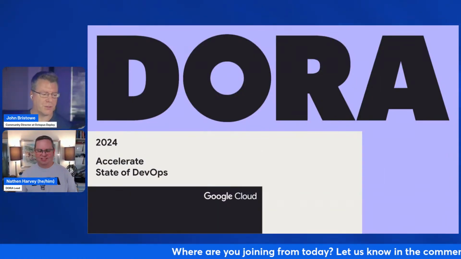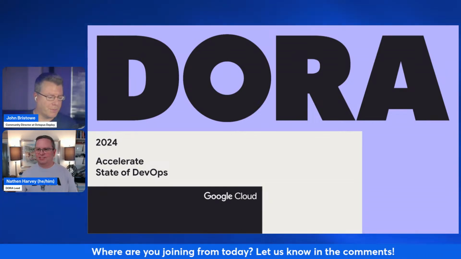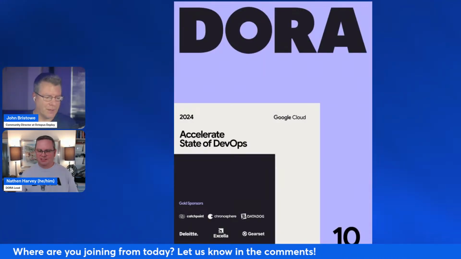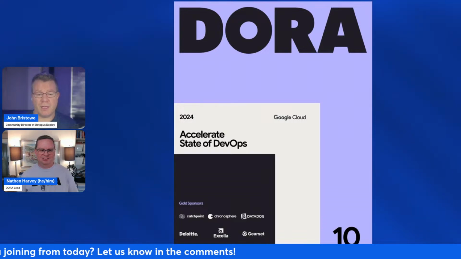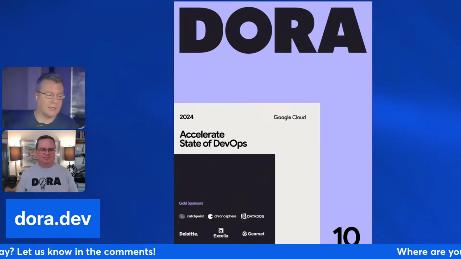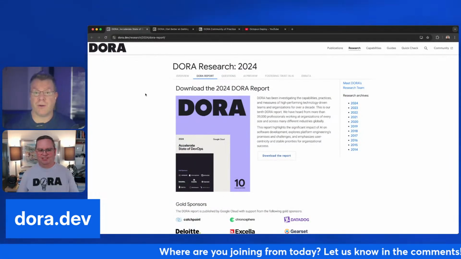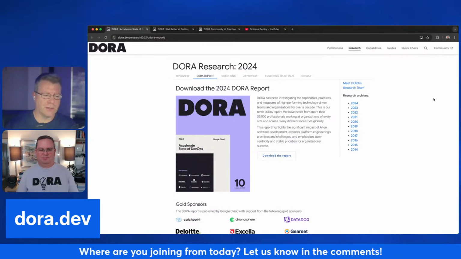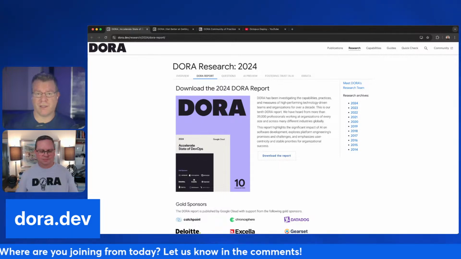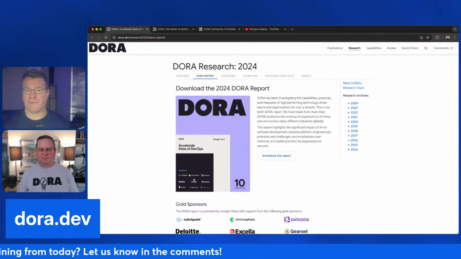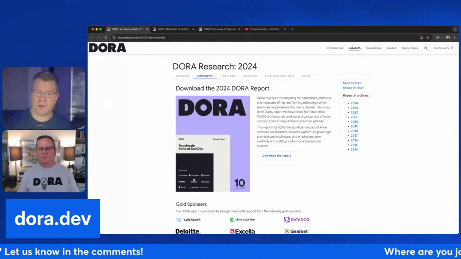We are here to discuss the DORA report. So for those folks who don't know, the DORA report is available as a PDF. You can find this over at dora.dev. In fact, let me just take a look at the site here. The DORA report itself has been put out annually and features all kinds of things that I've just mentioned, obviously around performance.